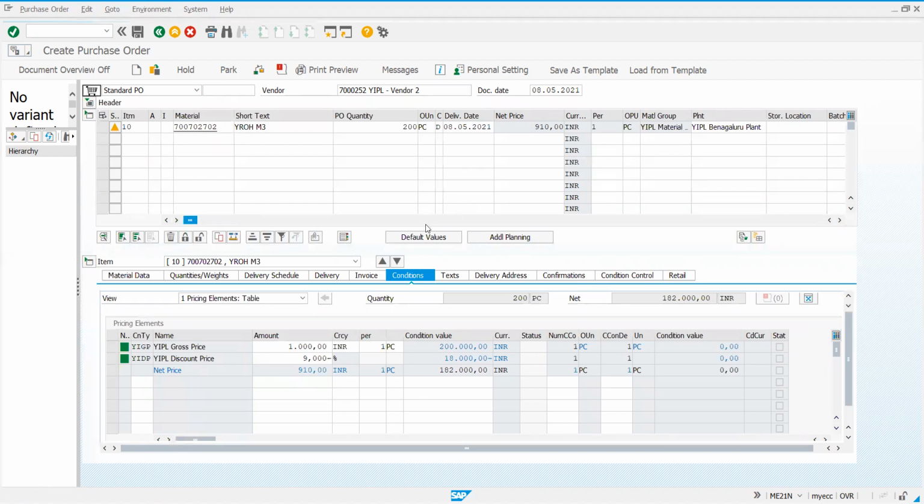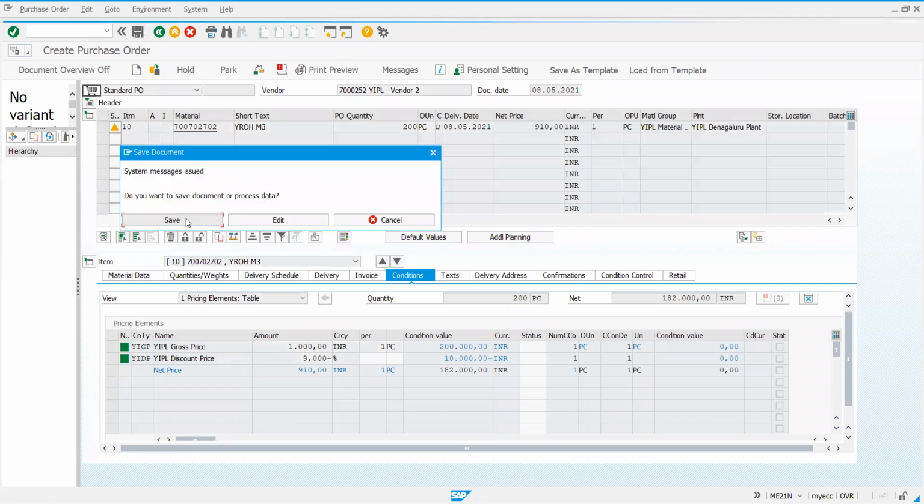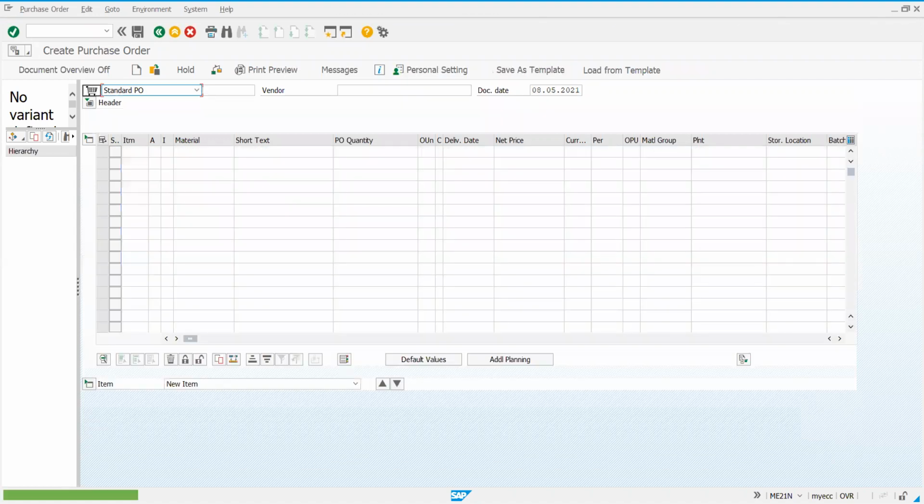So I enter, and of course, contract is existing for this material. Probably we had used the same material for contract also. System is saying that. Please have multiple materials so that you will not get such messages. You can have contract and scheduling agreement maintained for the same material, no problem. You can still proceed. I'll save it. So that was the message given by the system: contract appears for same material. So this is done. This is how we do configuration for pricing.